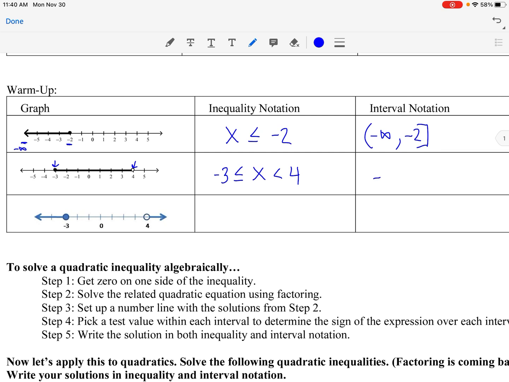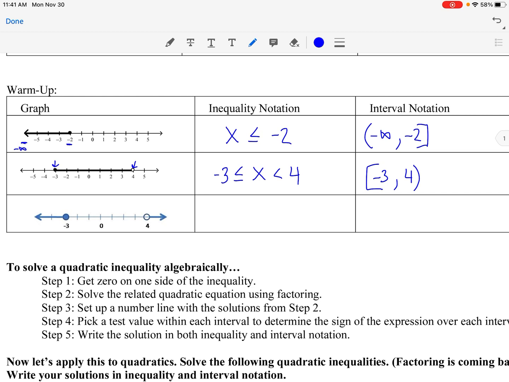We do our lowest number, which is -3, but since it's filled in, we are including it, or it's equal to -3, so that gets a bracket, comma. Our highest number is 4, but that has an open circle, so we're not going to include it. That gets a parenthesis. The third one, we have two different pieces here, so we have to write two different